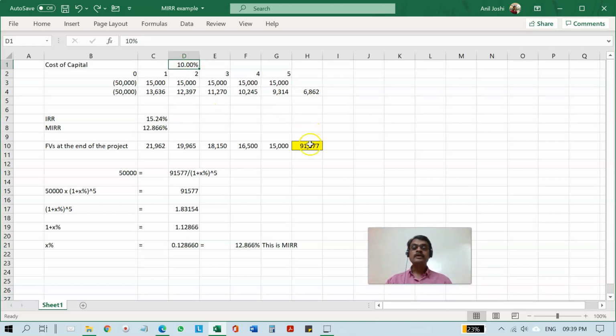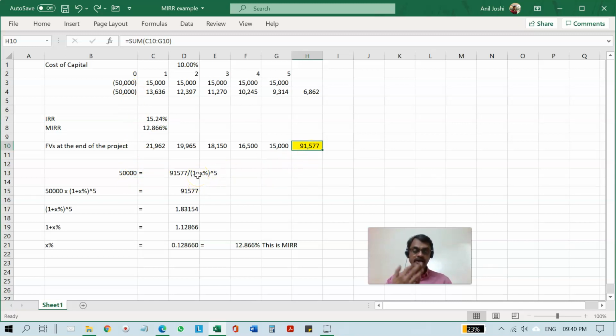So now what you do is, you are investing 50,000 and the future value is 91,577. So at what rate, if we discount this 91,577, it will be equal to 50,000, because ultimately this 50,000 is growing to 91,577. So at what rate it is growing? So what will you do? You will do the backward calculation. So you will calculate the present value of 91,577. Right? At whatever rate the present value is equal to 50,000, that is the rate at which this 50,000 is growing. So 50,000, which is the investment, is equal to 91,577.